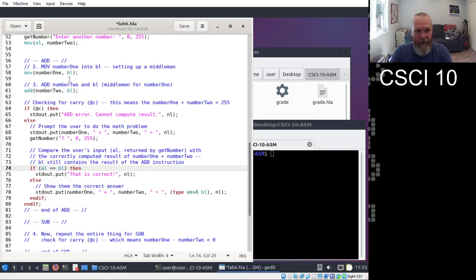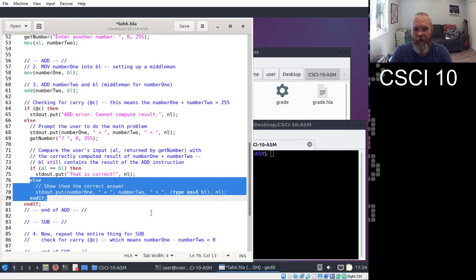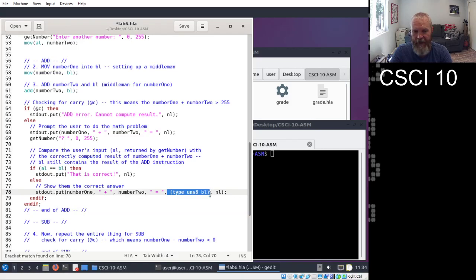One of the reasons why we use BL up here is because down here we still want BL to contain the original correct sum, and AL will be their input that they type in. So we check their input, AL, against the computed sum, and if they match, then they get a cookie. Otherwise, we tell them what the correct result was by typecasting BL.